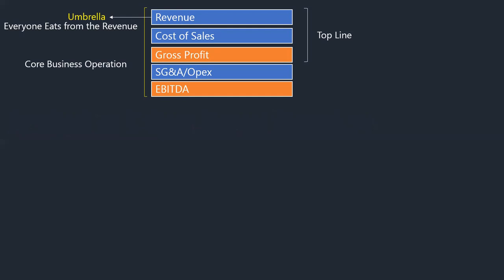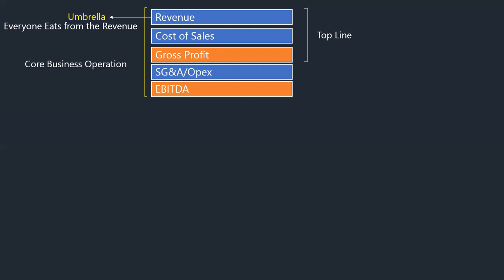The management accounting makes it very straightforward. They say revenue, variable cost, contribution, fixed costs, and they call this one profit. Now, this is the core profit of the business, the core operation. And that's why you can pick your EBITDA, multiply it by your EBITDA multiple, and you are good.